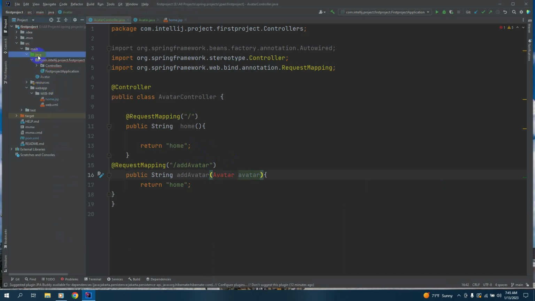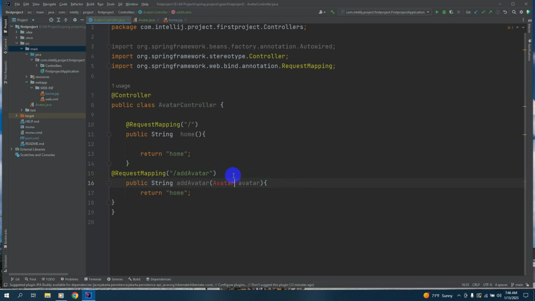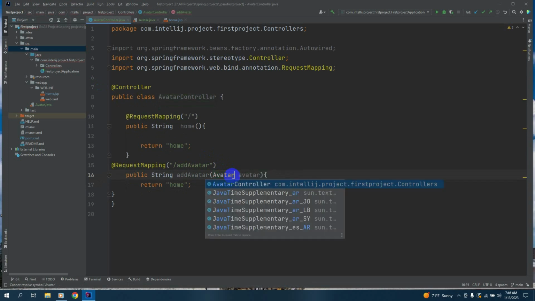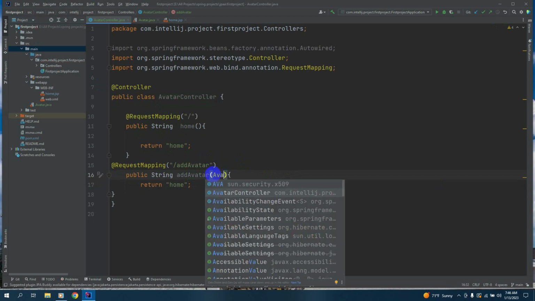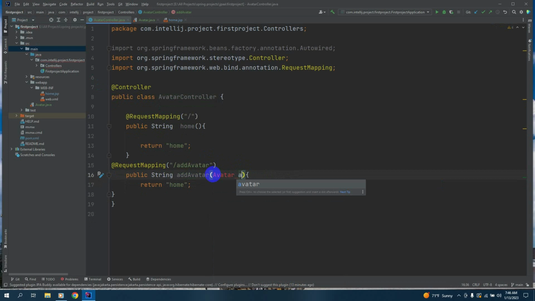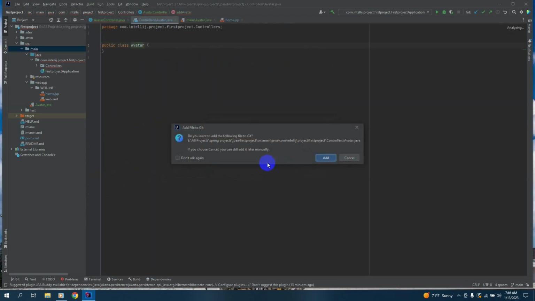We cut this from here and paste it inside our main method. And here we remove this and we say Avatar. And here we create a class Avatar inside our controller,